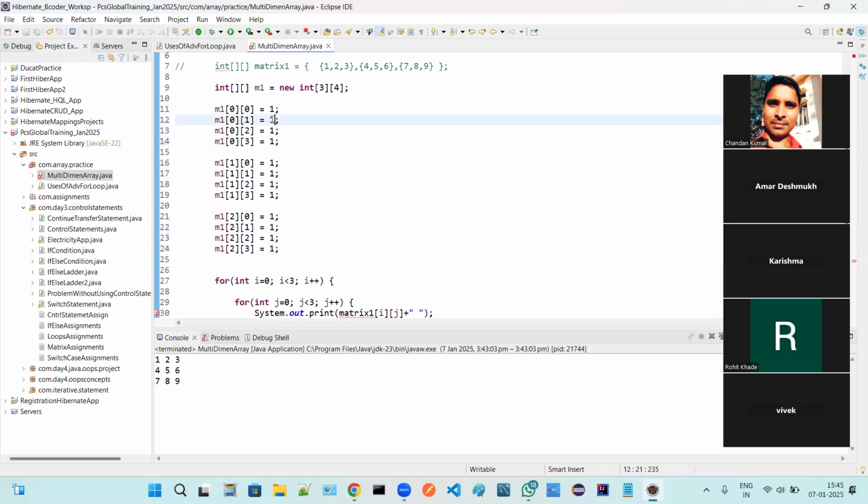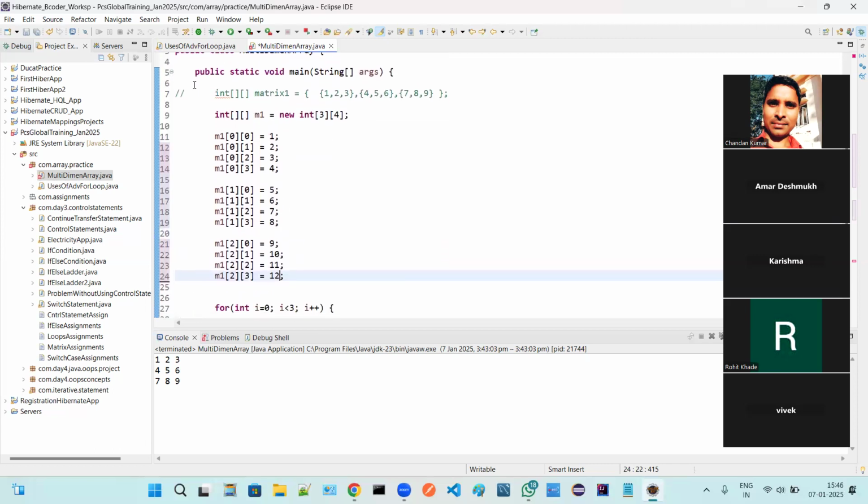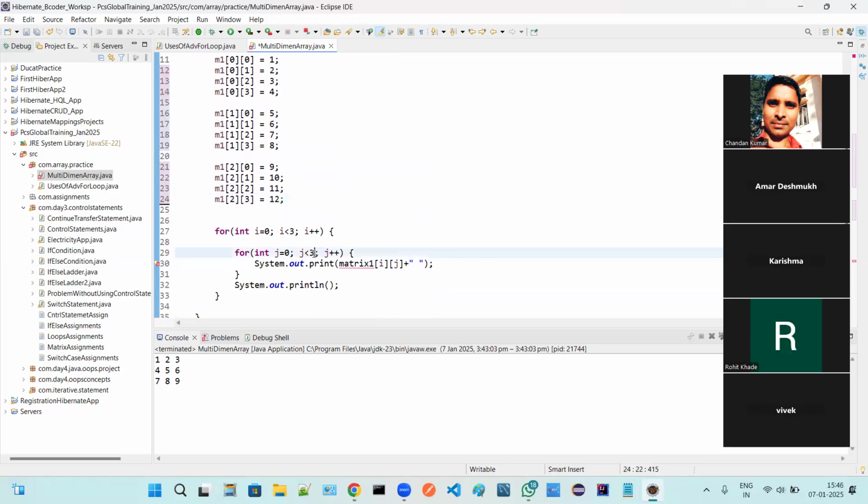Values 1, 2, 3, 4, and then 5, 6, 7, 8, 9, 10, 11, now 12. Correct? Now this is 3 by 4, so we'll take it as 3 rows and 4 columns.